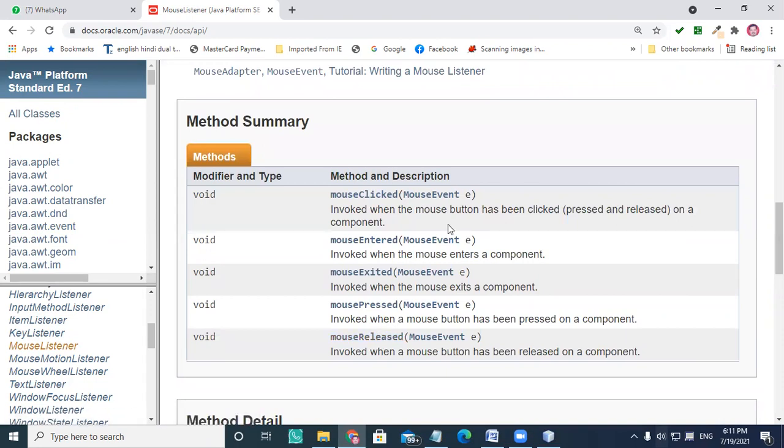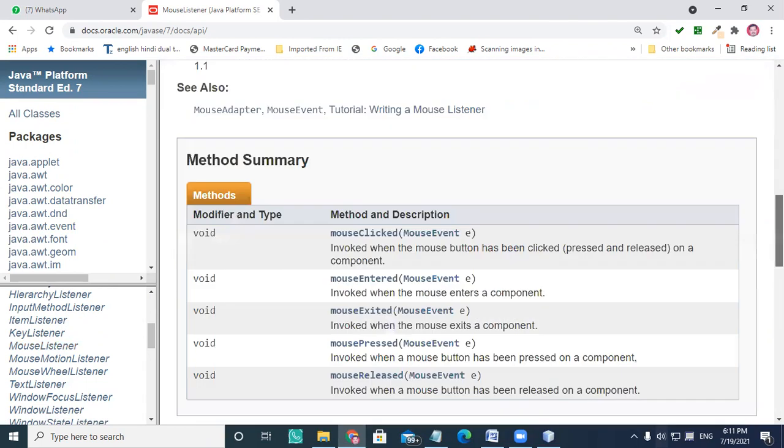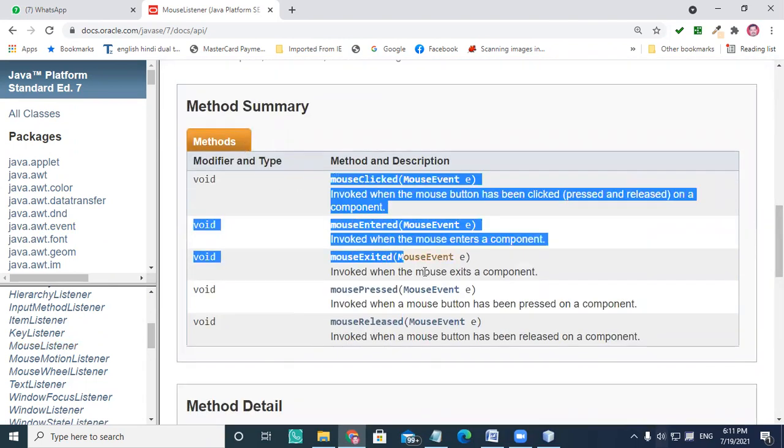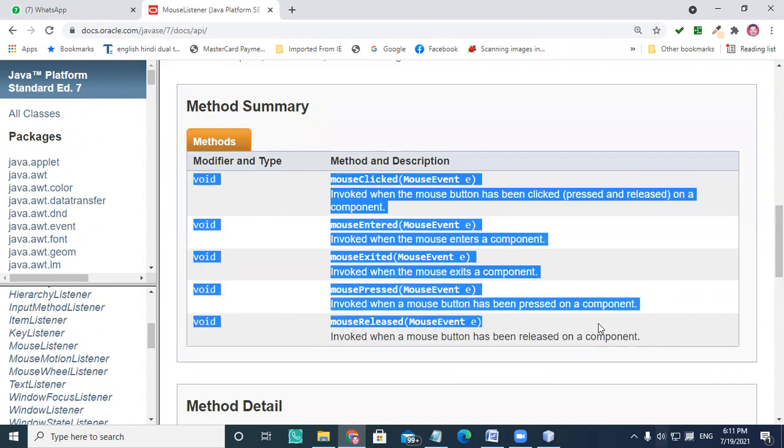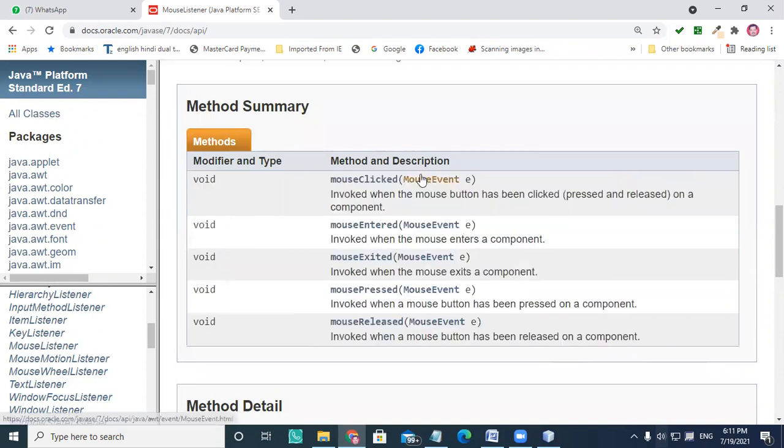So when you click on the mouse, at that time this event gets fired. All these are interfaces, and these are, I can say, simple empty bodies. And they are using a class called MouseEvent as an object here.